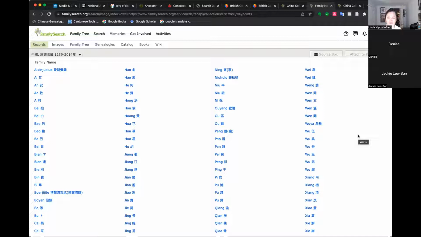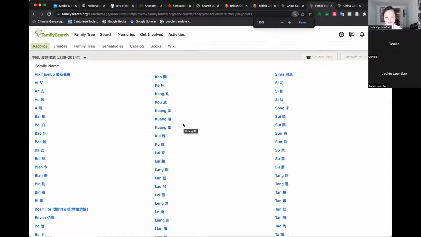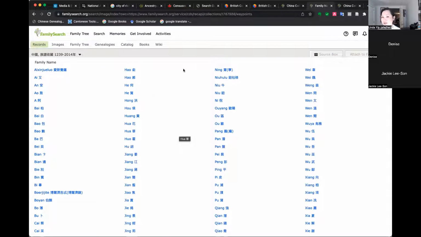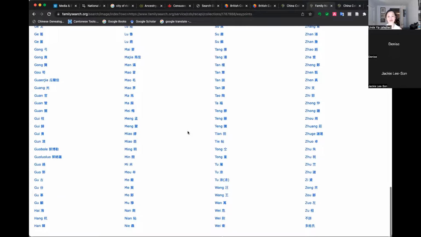Again, this is free. All right, so the way it works is you need to know your Chinese name, which maybe people do. And if you do, awesome. I was given that information, but many genealogists do not. And the second part is that you need your name in pinyin. All of these words are pinyin. This really throws